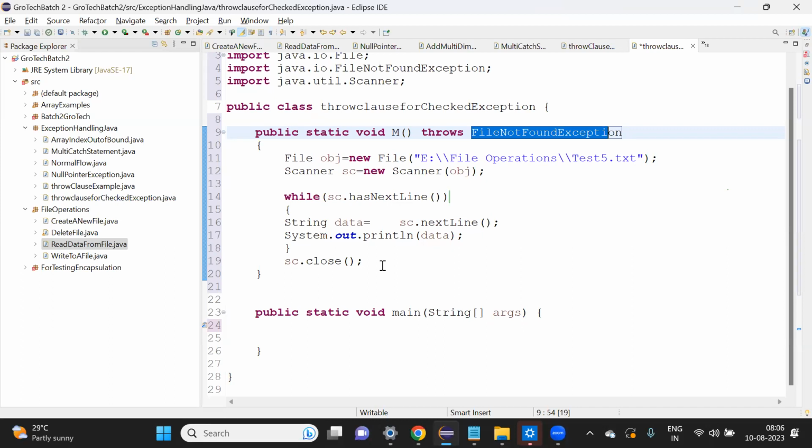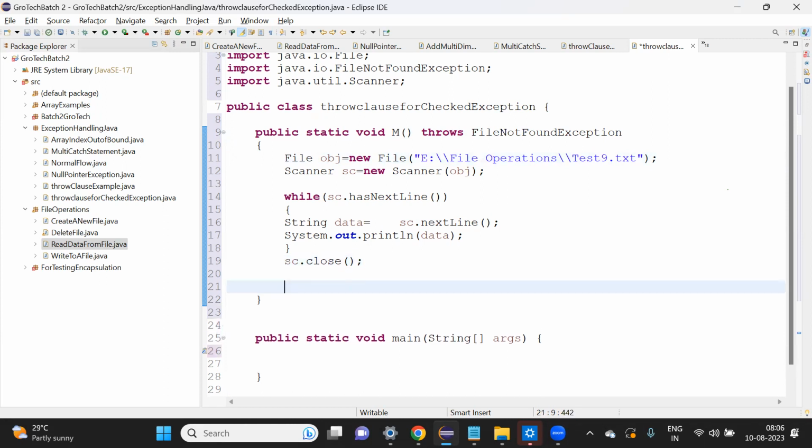Now, suppose over here the file is present, but I explicitly made this path wrong. Suppose there is no such file, suppose test9.txt, there is no such file being present, so obviously it will throw an exception over here. So what I will do, I will simply add a throw statement inside this, that throw new